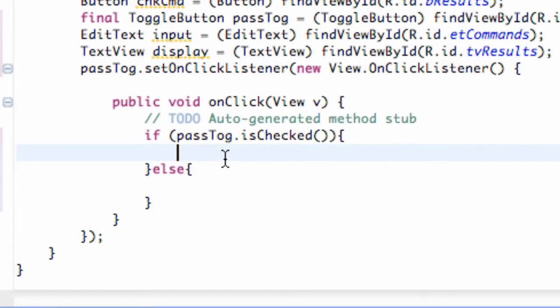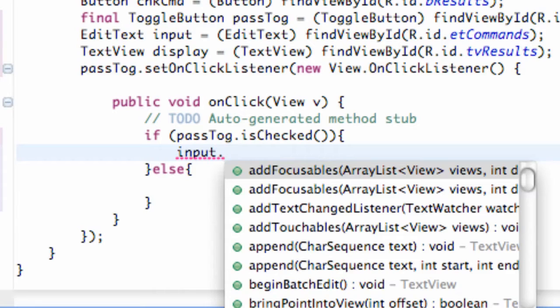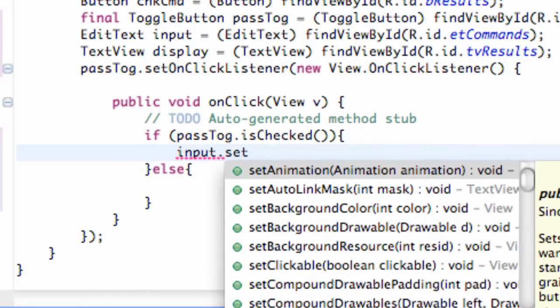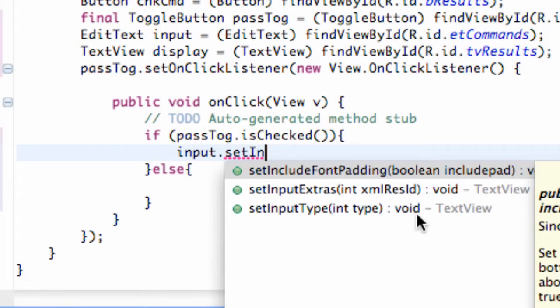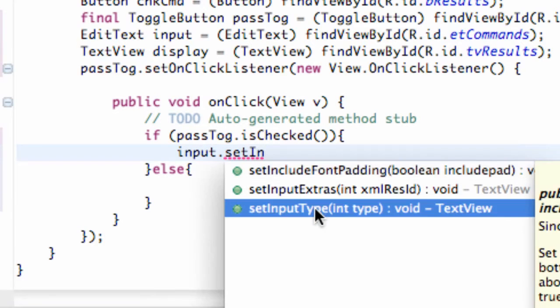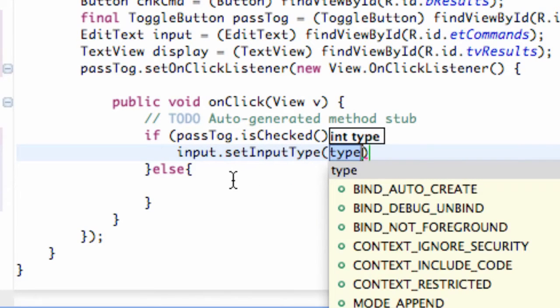Now what we're going to do is use the EditText variable that we set up here, and we have it referenced to our EditText in the XML, and we're going to change that. So we called the EditText input, so we're going to say input, and hit dot, and then we're going to set the input type. Basically, there's the password type in a text view, or a number for the most part. You can make them only be able to put in numbers, stuff like that. So we're going to say the method set input type, and as you can see it's a text view type for the most part, and within the parameters,